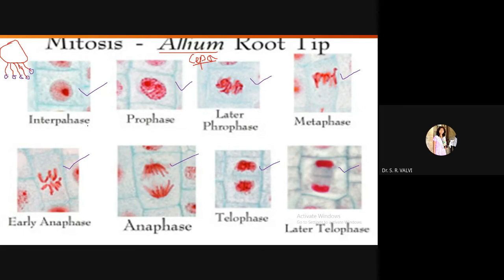So as I said, in 24 hours only 2 to 4 hours is given for actual mitosis phase, for the actual happening of prophase, metaphase, anaphase and telophase as well as cytokinesis. So within a short span this cell is ready to do its division and to give the specific number of chromosomes to its daughter cells.